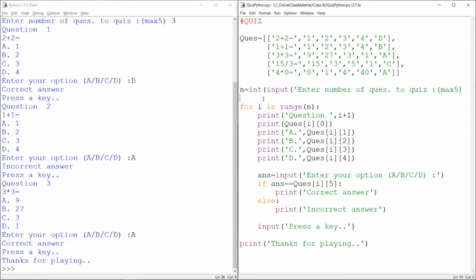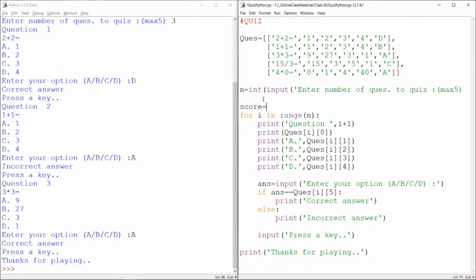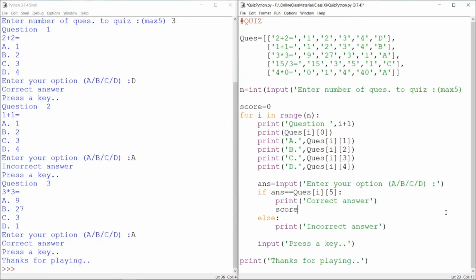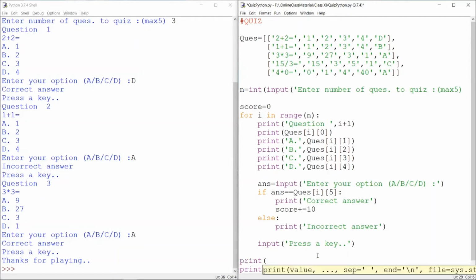If you want to do the scoring, say for every correct answer you want to give 10 points to the user, so let us take the score. When the answer is correct, you can increase this variable by 10 if every question is of 10 marks, and you can give the rules in the beginning that every correct answer will carry this much points or marks. At the end you may write, your score is, how much, the score variable, and out of, if you want, you can write that also, that is the number of questions which user has opted for multiplied by 10, that is his total score. So you can do that also, out of this much.